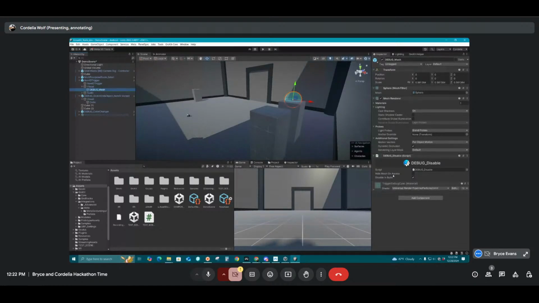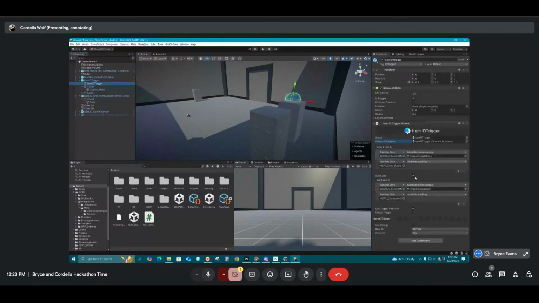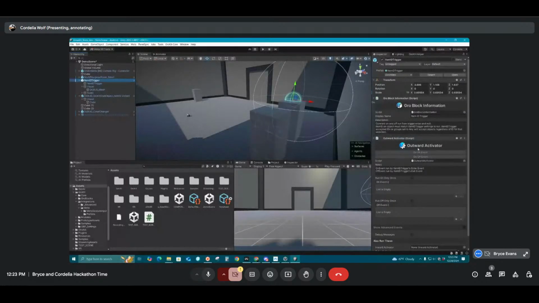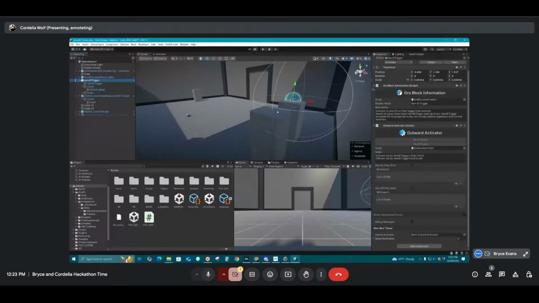So this will then go back up to the activator. It's plugged in here, and then it has its own. When you want stuff to have its own internal reactions, you put that directly in the trigger, but anything that will go outside the prefab, that's when you route it through the outward activator. So now for this, if we had a whole system or another set of prefabs that were meant to do a thing, we could just plug it in with the inward activator here. In this case, I'm just turning on the key, so I'll just run it here,